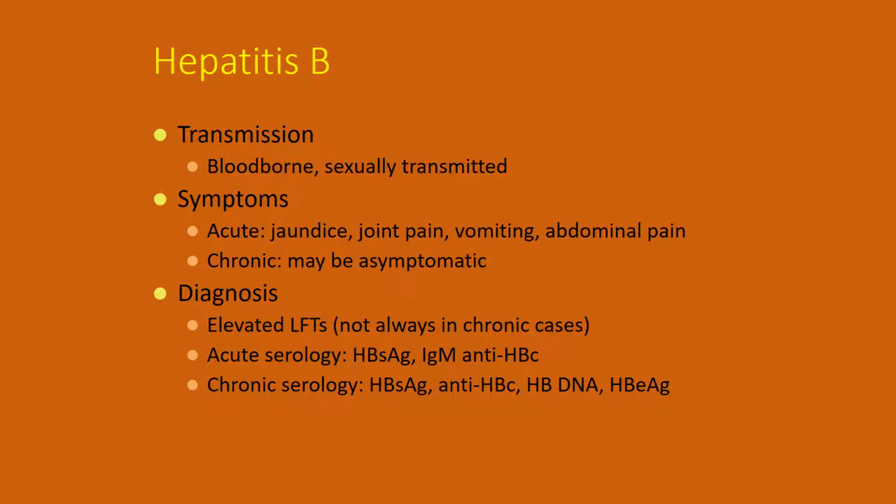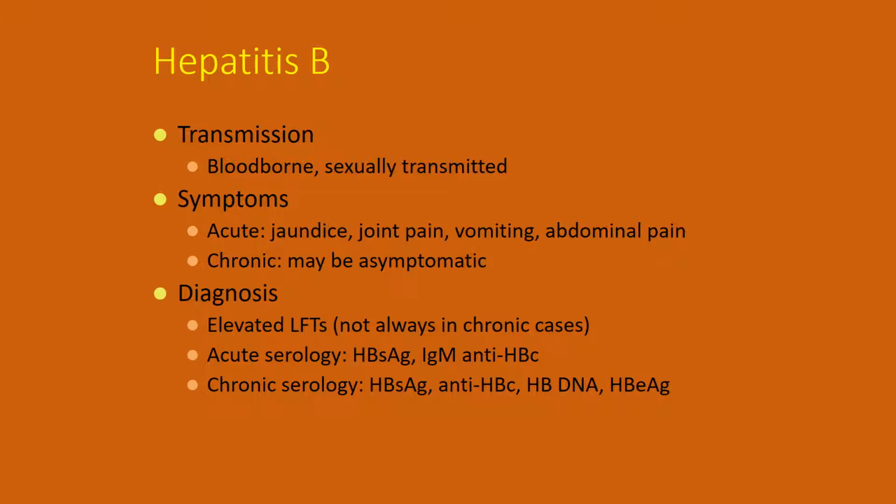You probably already know a lot about hepatitis B. Hepatitis B is through intravenous or other bloodborne activities, as well as sexually transmitted. Again, those patients will usually have an acute onset similar to the hepatitis A patients, some nausea, vomiting, abdominal pain, joint pain, jaundice. Again, when one presents with these things, you're going to have to do a differential, and usually we'll go ahead and we'll test for the acute labs that one would have in hepatitis A, hepatitis B, and hepatitis C.